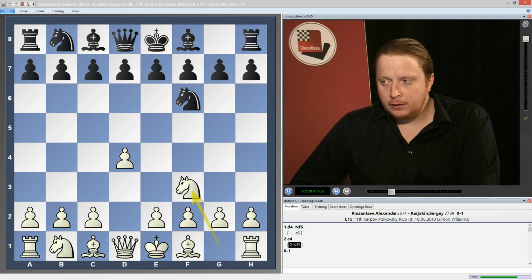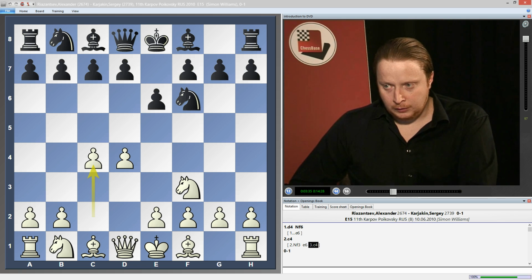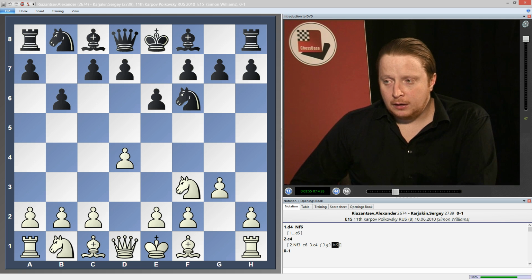Now, knight to f3 is an interesting way to try to avoid some of the lines in the Queen's Indian, but we're not going to be looking at it in this DVD. The problem is, after knight to f3, e6, we can now play c4, and we transpose back into our normal kind of positions. But if instead of playing c4, which we have to play anyway to get to my system, we try to play g3 here, which is of course a decent move in a main line, well, if black now insists on playing b6, which is the kind of Nimzo setup, then okay, we can be fairly comfortable here,